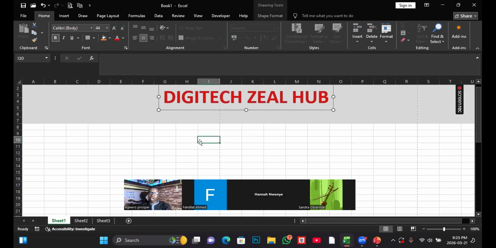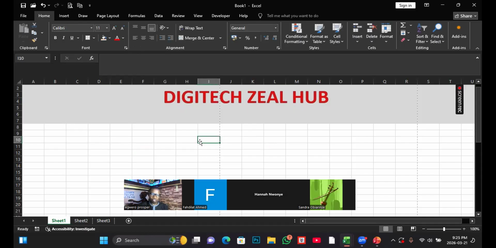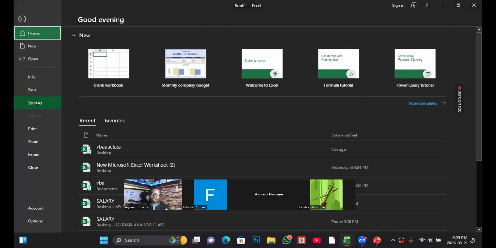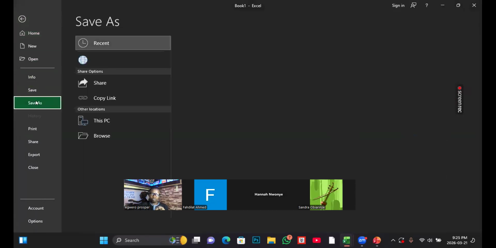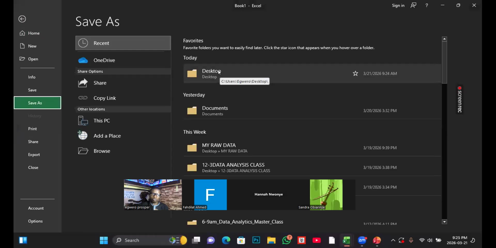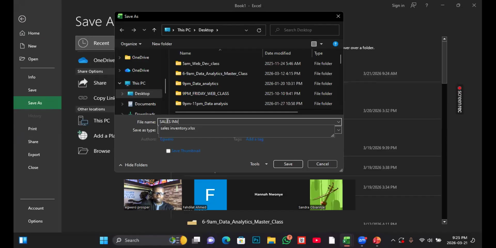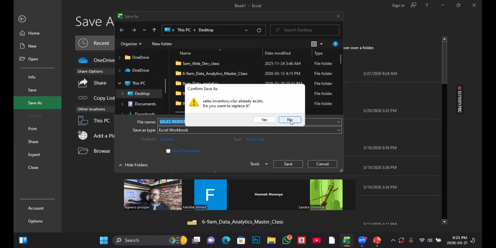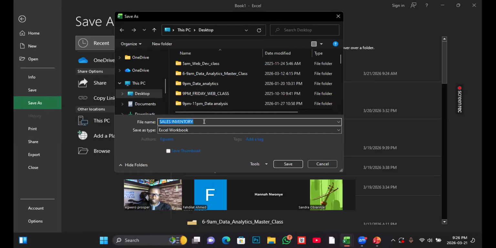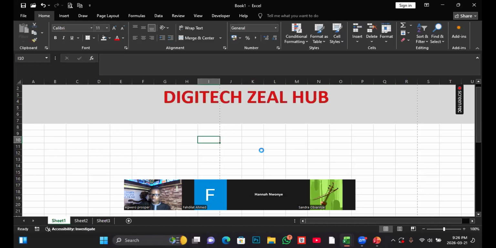While you are doing this, you have to start saving because you have started creating something meaningful. You go to File, and then because you are saving for the very first time, you select Save As. You choose where you want to keep it. Let's say desktop, and then you give it a name. Let's say the name is Sales Inventory. Then I click OK. That name already exists, so let me save it as Sales Inventory March. And then I click. So now once you have saved it,